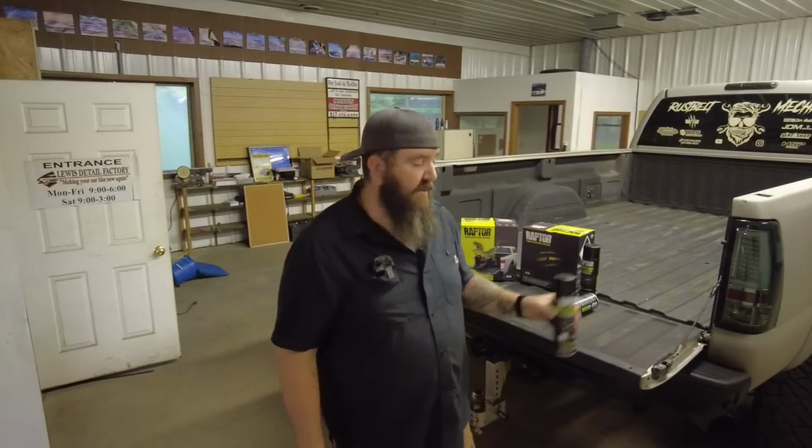Also, we're going to be doing the bed rail caps as well on the tops of the rails, and that's going to hopefully give me a nice big thick surface to be able to hopefully not scratch up my bed rails any more than I already am on them. They've not scratched or anything yet, but inside the bed rails, which I'll show you, when I did the original Raptor bedliner paint job, is kind of chipping away. That's not because of the Raptor's fault, that's because of our own prep fault, and hopefully we're going to learn